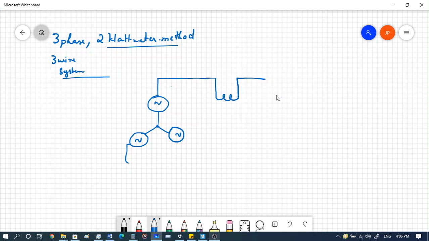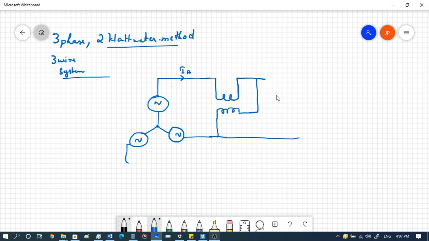So what we do is that we'll take any of the 2 phases. Let's say this is IA, and phase A, we'll connect the current coil through the line, and then we'll connect a pressure coil like this over here between A and B,